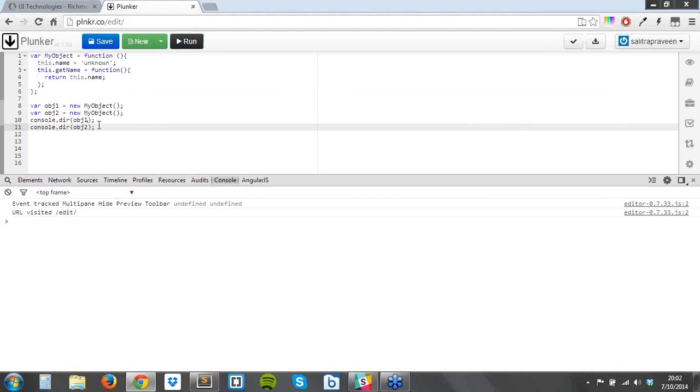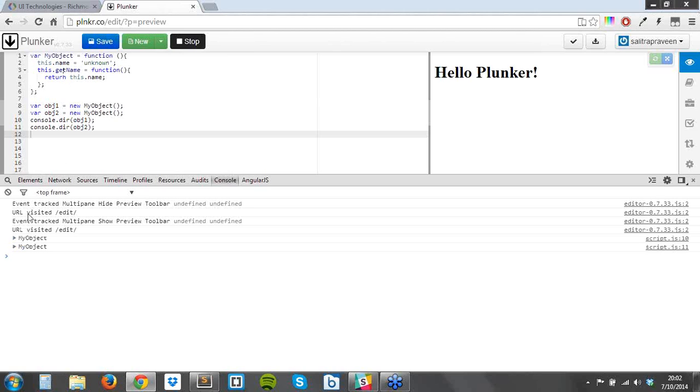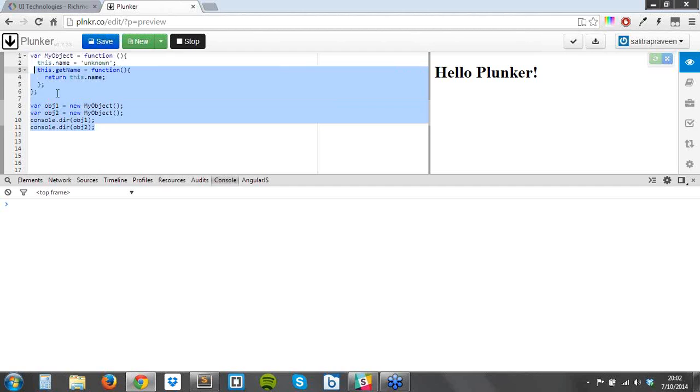Any doubt in understanding this? We saw that, right? That you will have exact copies of all these properties on each individual object, and they are separate from each other. Even if you change something on the name on the object 1, it will not affect the object 2. Now let's try to do the same thing